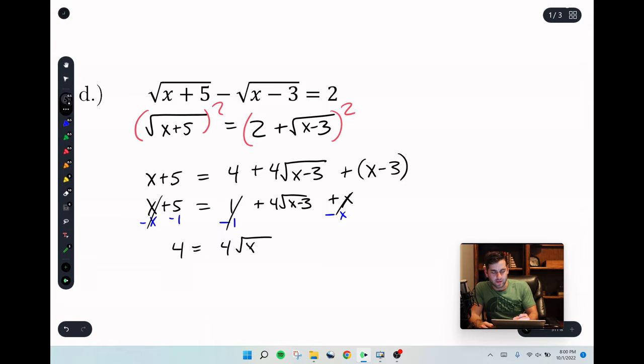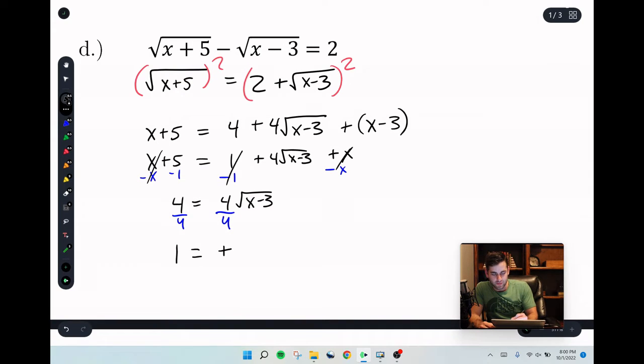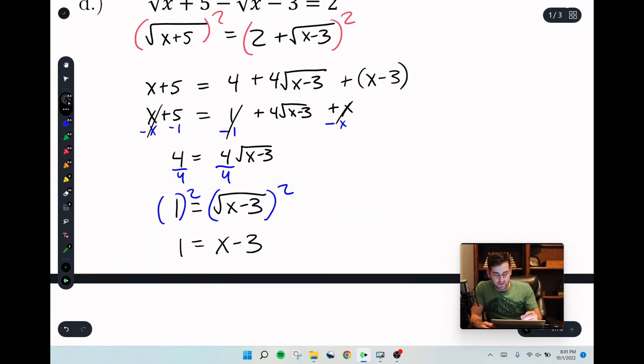That's actually not too bad at all this time. You might get one that's slightly harder than this. Then we're going to divide by 4. We're going to end up with 1 equals plus or minus, wait, we didn't add that square root. The square root of x minus 3. How do we get rid of that? We square it, right? 1 squared, and we end up with 1 equals x minus 3, which tells us x equals